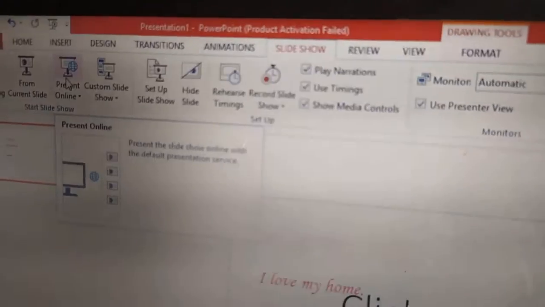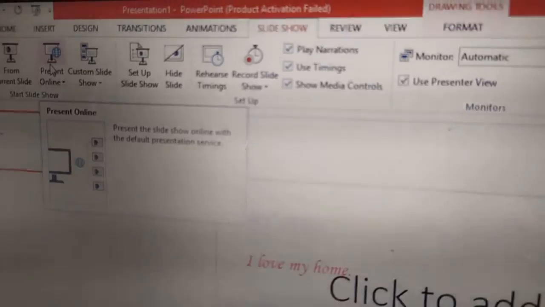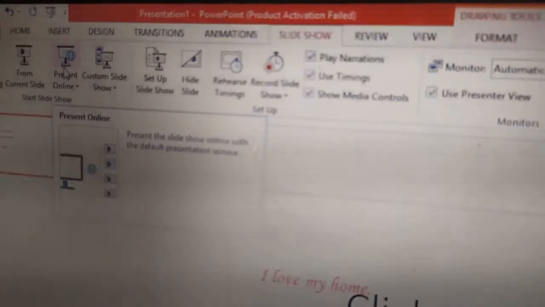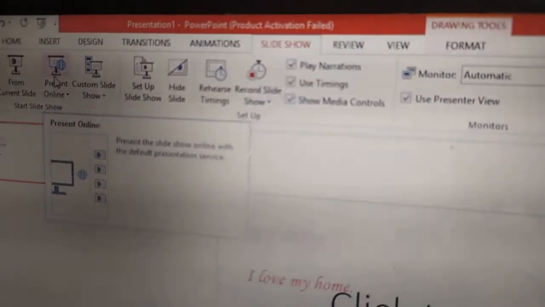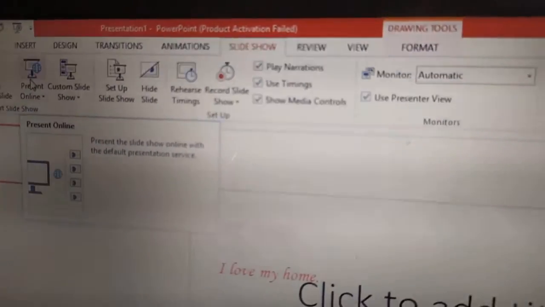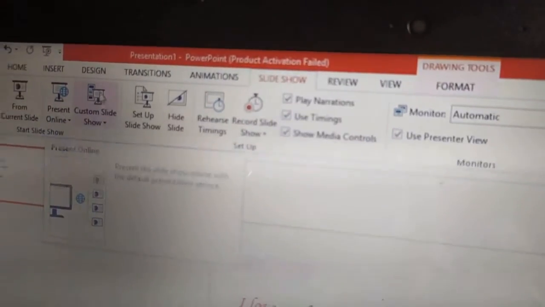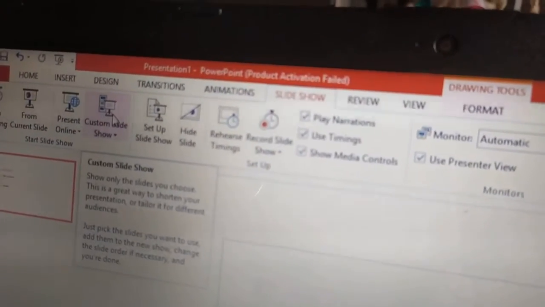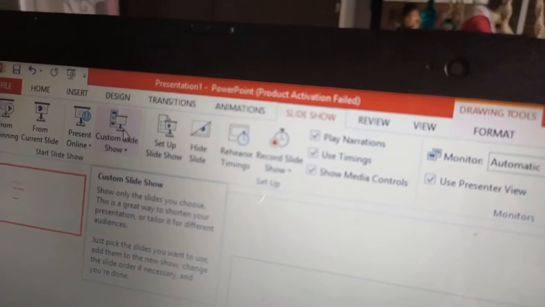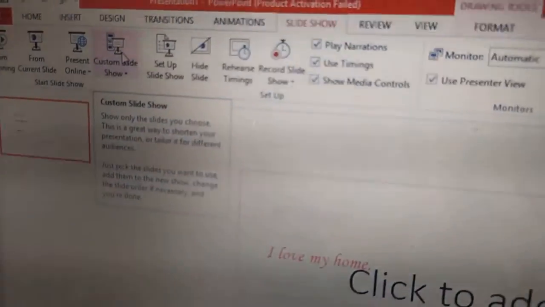That means it will allow us to present the presentation to the viewers who are connected. You can then start the presentation in the normal way. Online, the presentation will be shown to the viewers. Next, Custom Slideshow. This button is to choose the slides which we want to present to the audience.